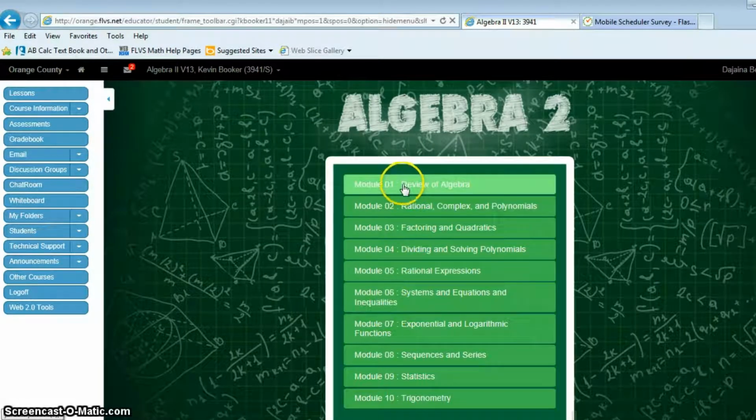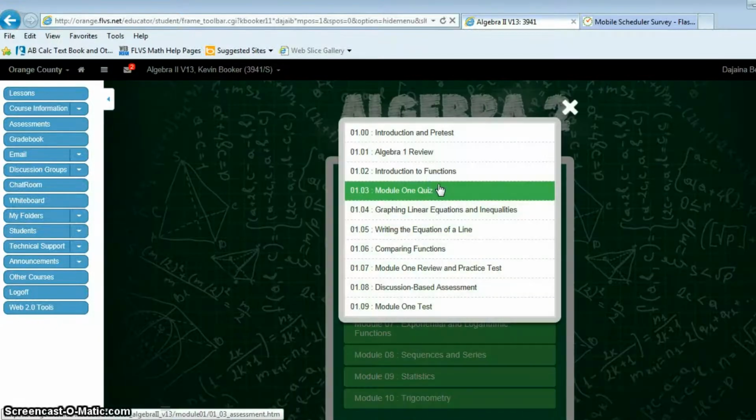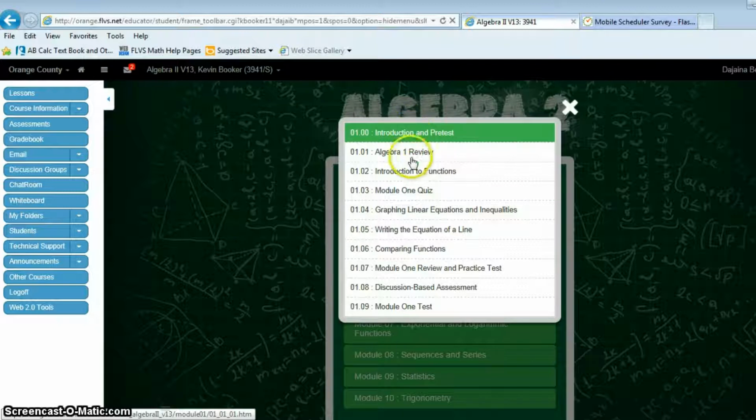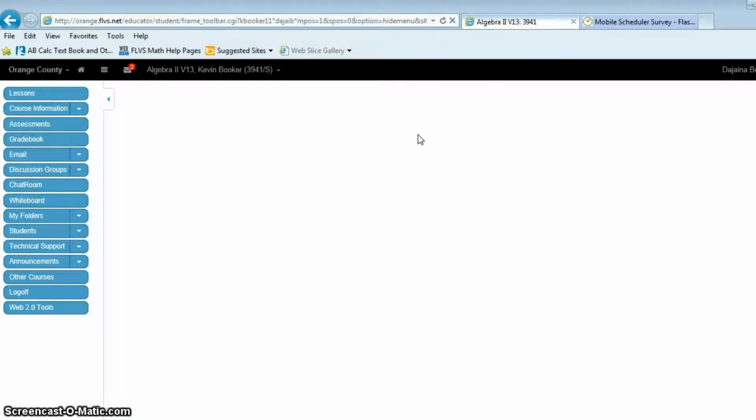If you're in the first section only, we're doing section 1 through 5. There's a test at the end of each one of these. If we're in the second, we're doing 6 through 10. And of course, if we're doing both, we do the complete list. So I'd go into module 1, and I'm going to go into the introduction and pre-test. So this is going to bring up